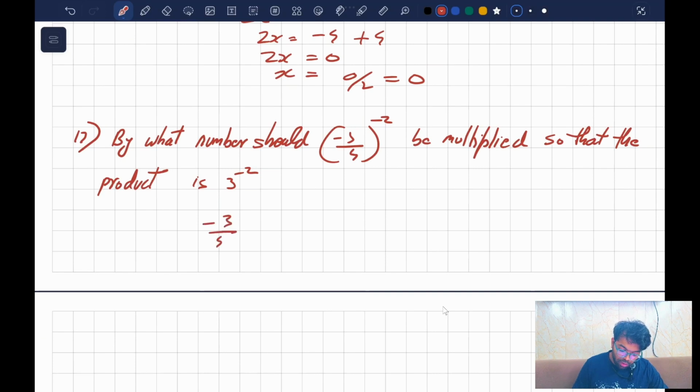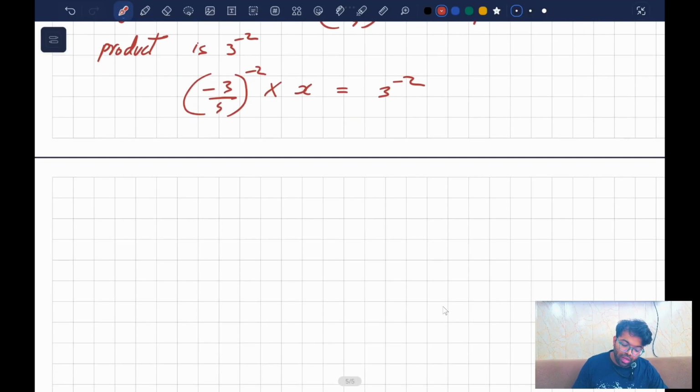So minus 3 upon 4 the whole to the power minus 2 multiplied by x is equal to 3 to the power minus 2. Very good. So इसको हम लोग कैसे लिख सकते हैं? Minus 3 to the power of minus 2 upon 4 to the power of minus 2 multiplied by x is equal to 3 to the power of minus 2. किया था ये? मैं अब ये किया था क्या बताओ? 4 upon 3 the whole to the power of 2 लिखा था? नहीं, ये भी नहीं किया। x is equal to 1 upon 3 square,